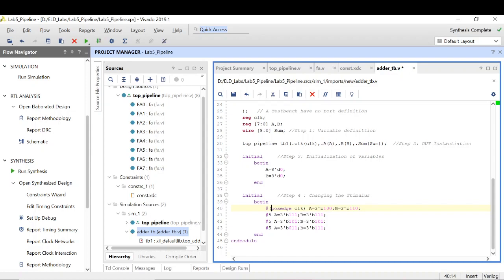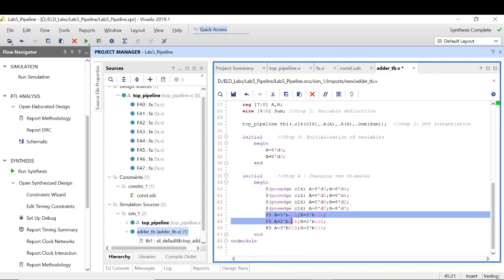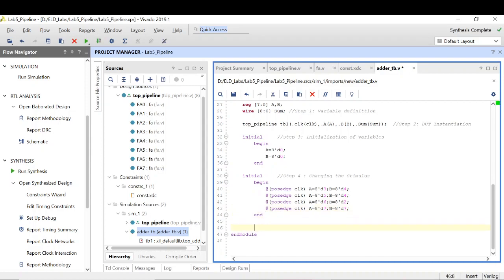Right, so this is 8 bit. 3. 6. So one more thing to add is the clock signal.